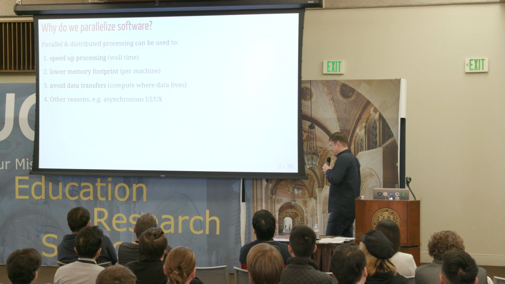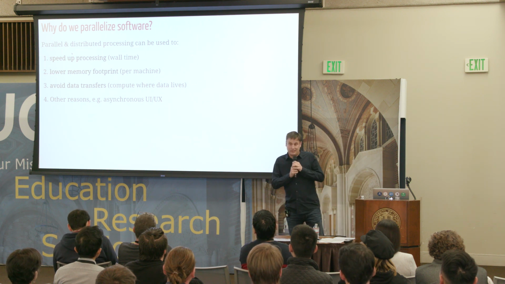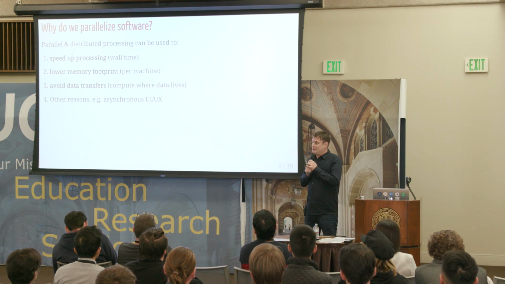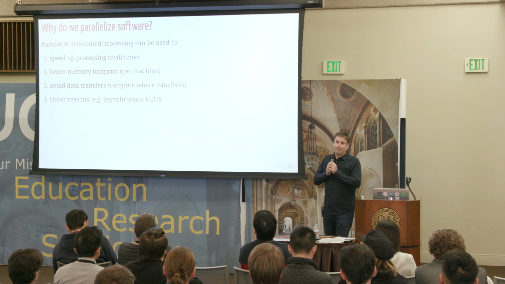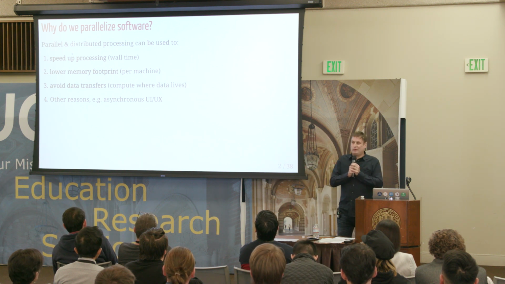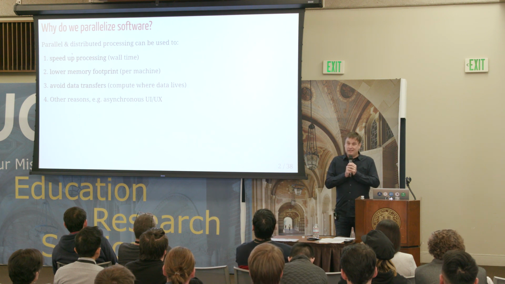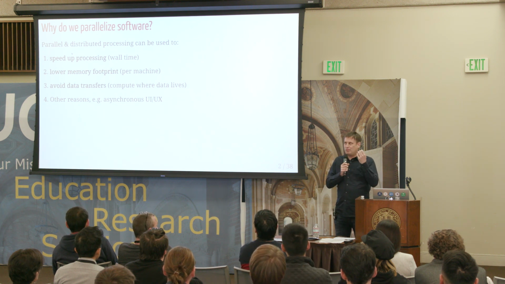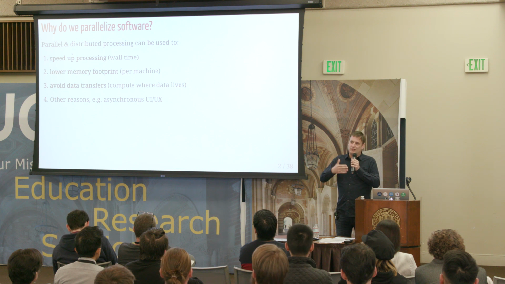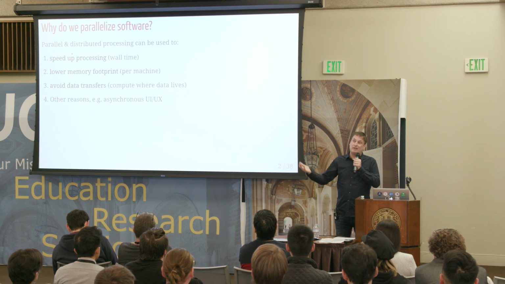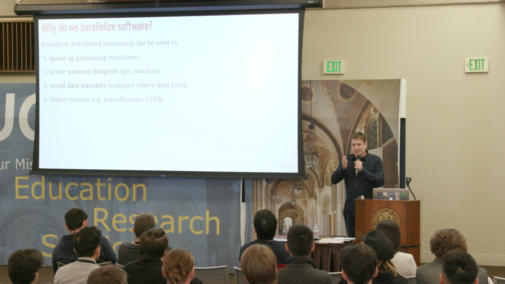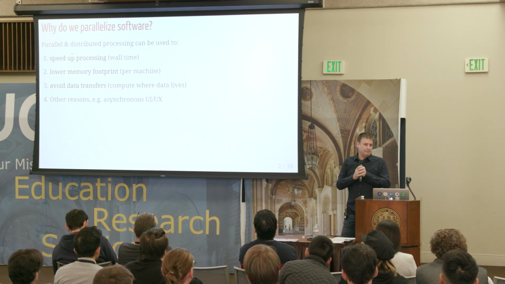The main reason people turn to parallel processing is you want to speed things up. Speeding things up means looking at the wall time and saying, I want to be finished this afternoon instead of the end of the week. Another reason is that sometimes you can't do all your computations on your local machine, so you need to distribute your computations because you run out of memory. You can also distribute it over time, of course.